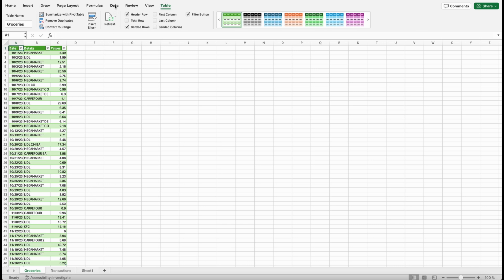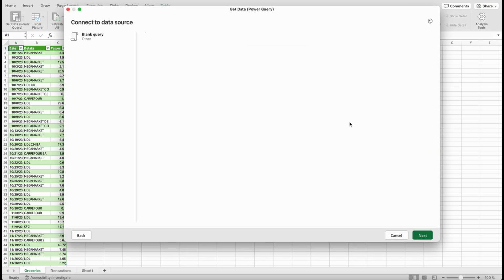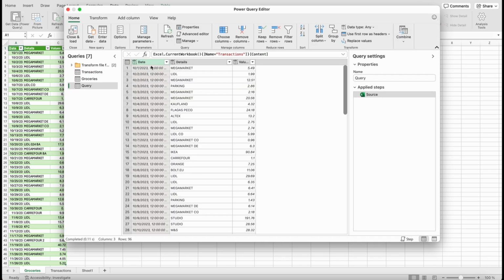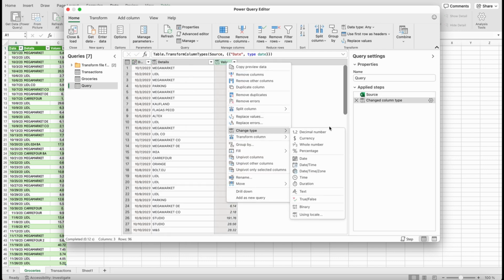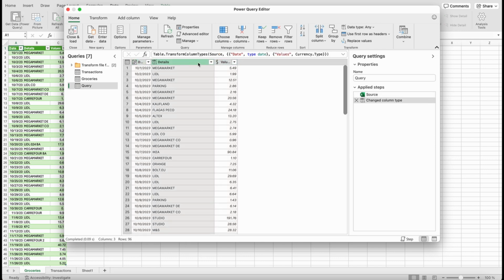Let's create one more query. Get data, blank query. Let's write again the Excel full stop current workbook, open and close round bracket, and then name equals to transactions in quotes, and then open square bracket and content. Now next, here let's again correct the change type. So this one is date, this one is currency, and here let's filter